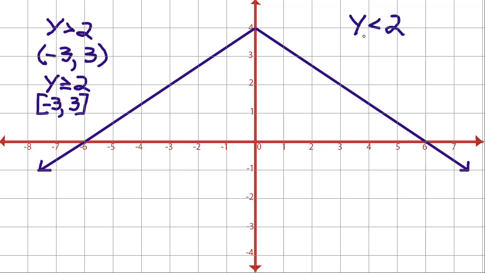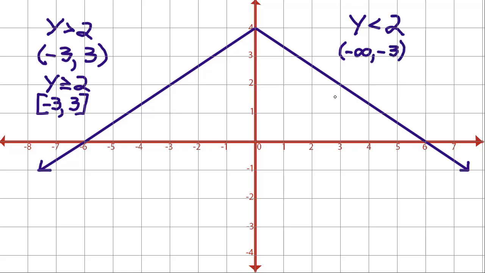First of all, I notice that over here on the left, y is less than 2 starting at negative 3 and going all the way down to negative infinity. So I'm going to write it like this. Put a parentheses, and I'm going to write a negative infinity sign, a little bit hard to write, comma, and then I'm going to write negative 3 to indicate that's where it